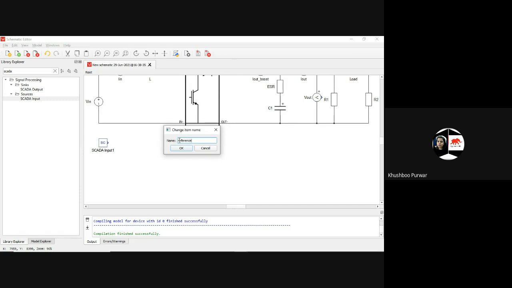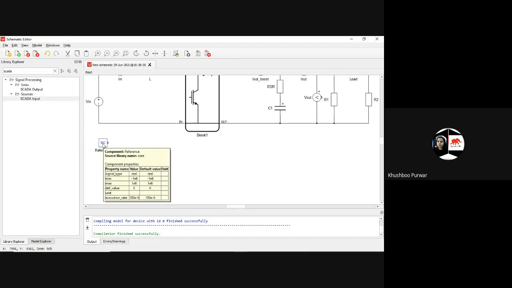So this is my reference. What is SCADA input? SCADA input is provided in the signal processing part, which can be used as a reference.